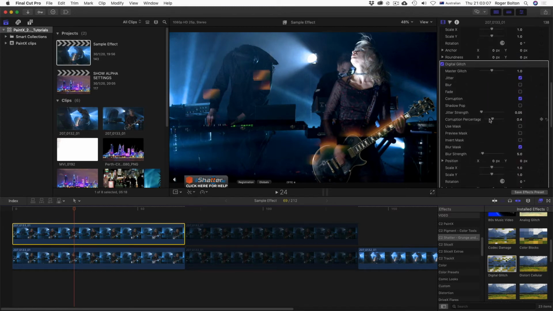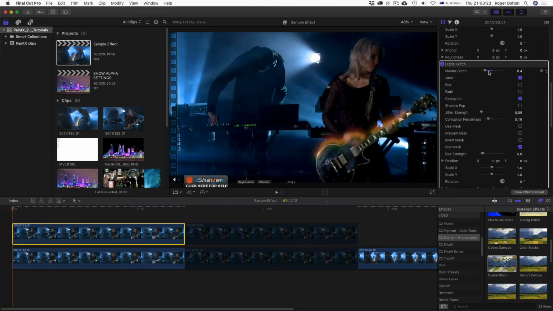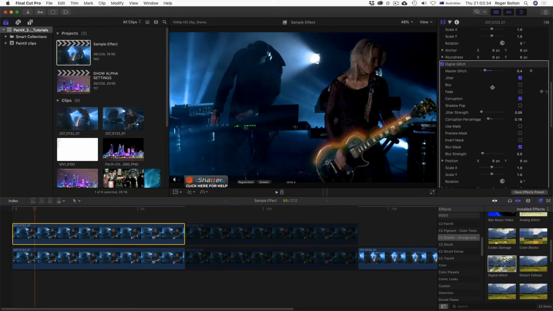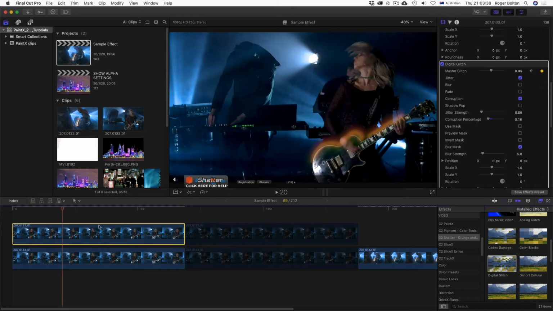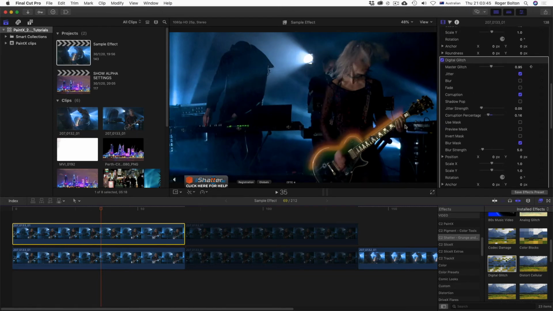So I'm going to turn down the breakup to be very low, and then I'm going to play with the master glitch a bit. You can see how that's changing things. If I wanted to make that a bit nicer, I would go through and then just animate the master glitch, put a bit of keyframes so that the amount of glitching is changing as she plays. So you just say, okay, add a keyframe, go further down, adjust it a bit, further down. And then, of course, you could also animate any of these other parameters